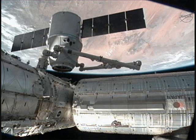Hoshide and Williams detached Dragon from its port at 4:19 a.m. Eastern today. The astronauts then released the capsule at 9:29 a.m. Eastern as the two spacecraft sailed 255 miles above Greenwich. At that point, SpaceX flight controllers in